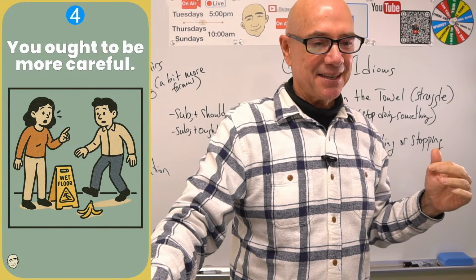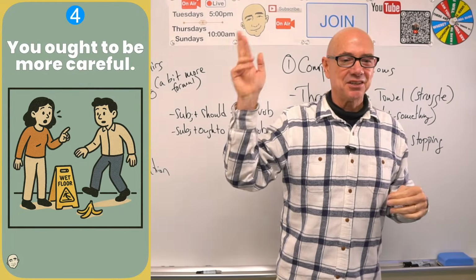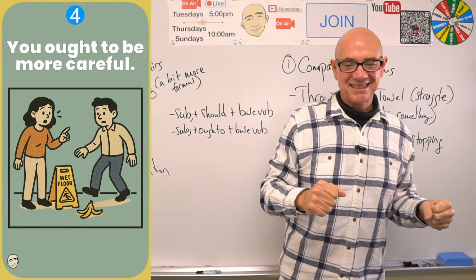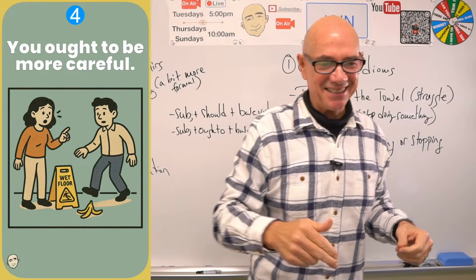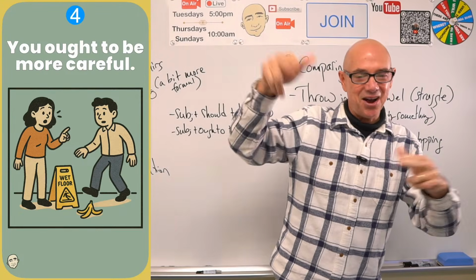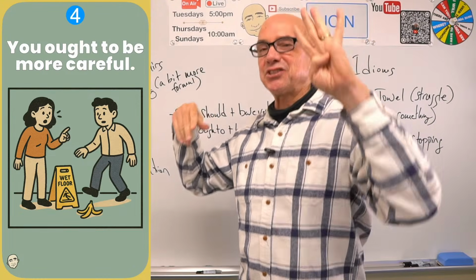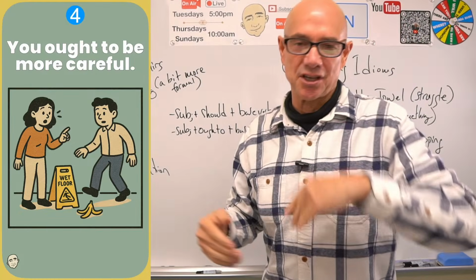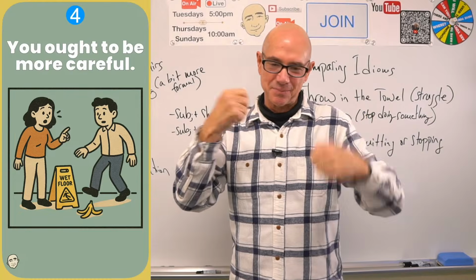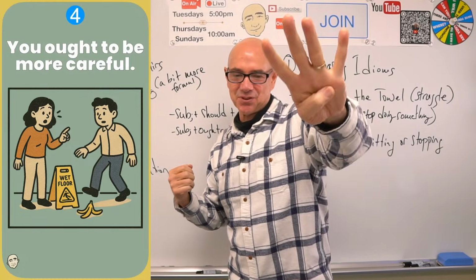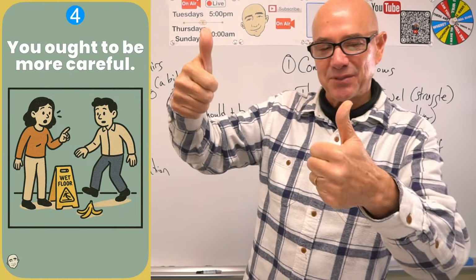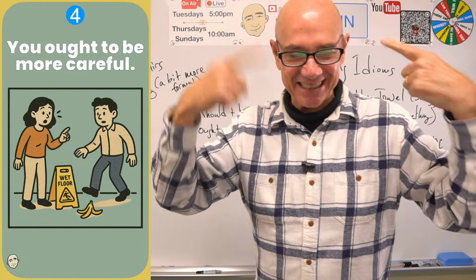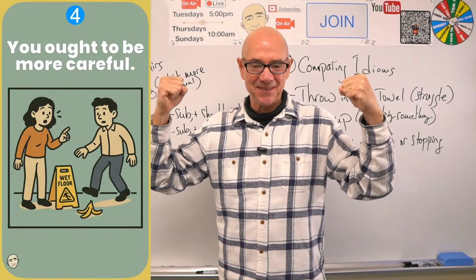Okay. Number 4 is you ought to be more careful. Okay, K4, nice. If you got it right, shoot some hearts. Let's see some, 4 chocolate bars for Helga. It's only virtual chocolate. She's not eating 4 chocolate bars. Carlos, 4 tacos. Iman, 4 thumbs up. Katie, 4 happy faces. You guys did a great job.